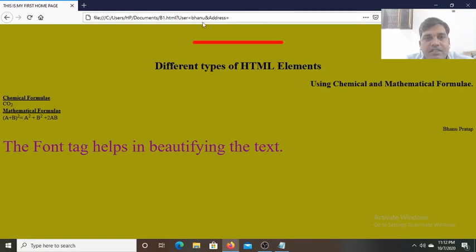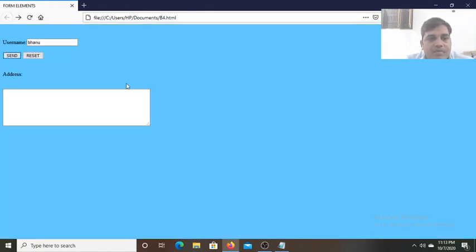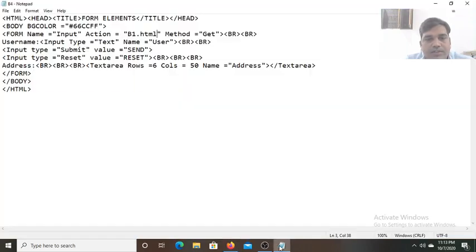So that is with the help of the get method. So if I will write on the place of get, post, that will not be visible. Now you can see that also. So let me go back again. If you go on the code, there on the place of get, now you write post. You can see the changes.